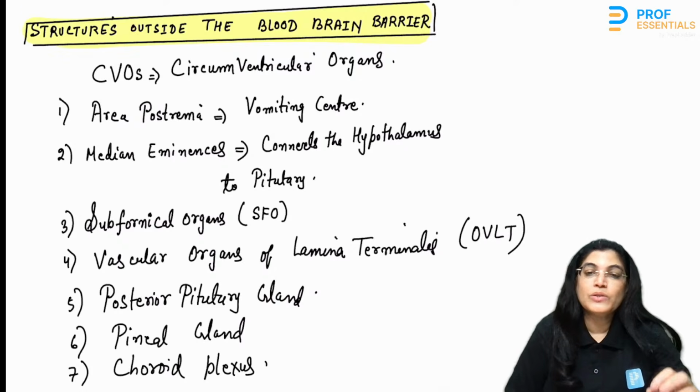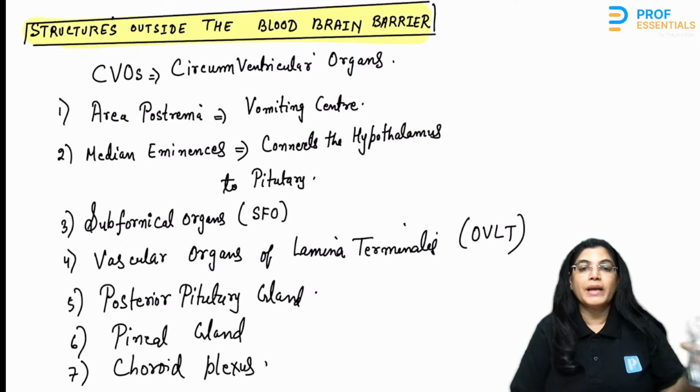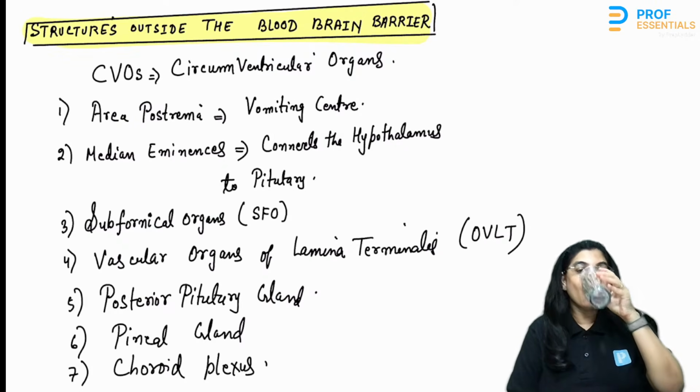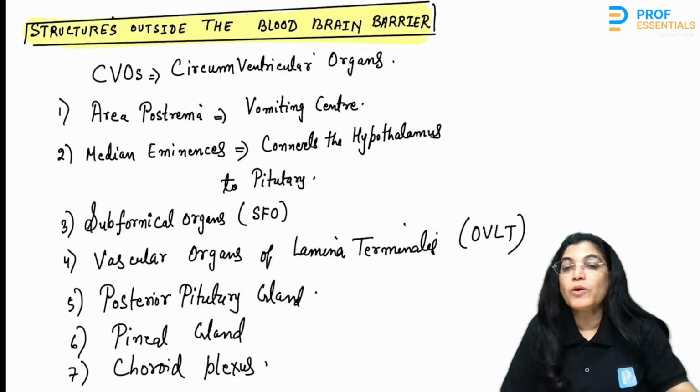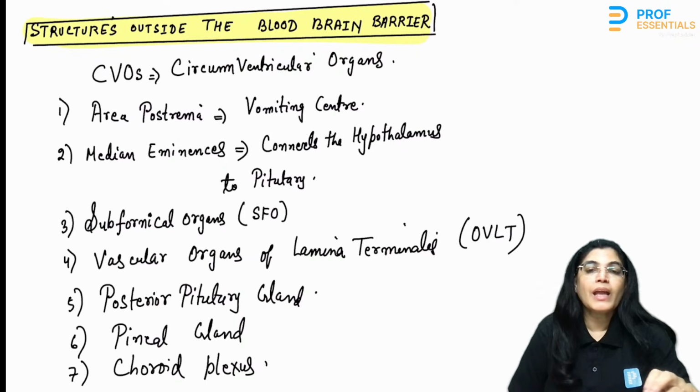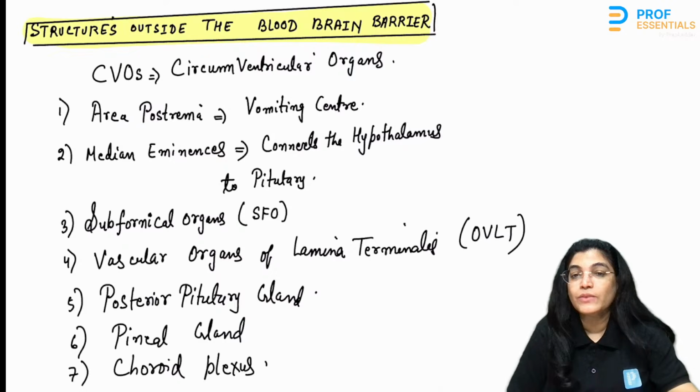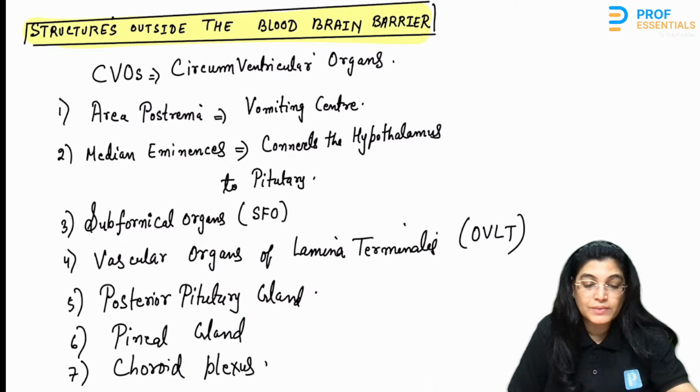My dear students, neuroglial cells are very important for MCQs. We have discussed different neuroglial cells. I have discussed all the supporting network of neurons, that is neuroglial cells present in the central nervous system and those present in the peripheral nervous system. That also we have discussed. So in the central nervous system, we have got